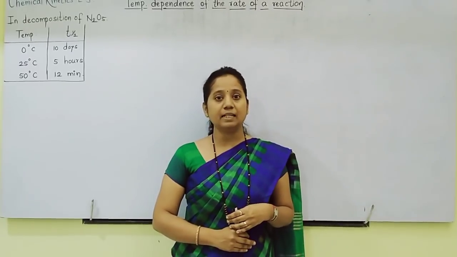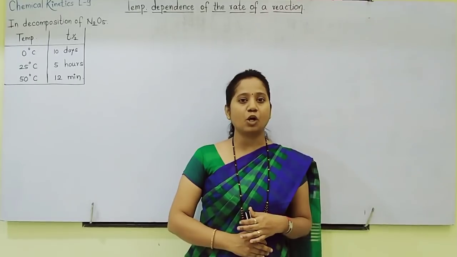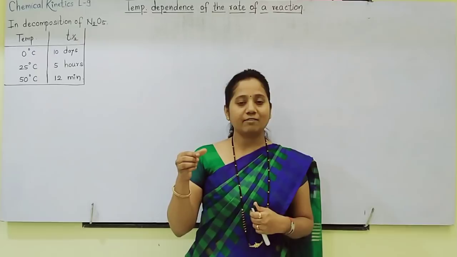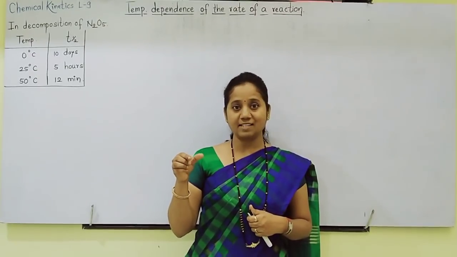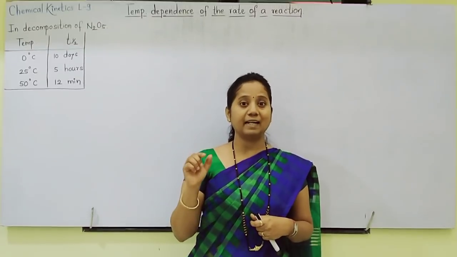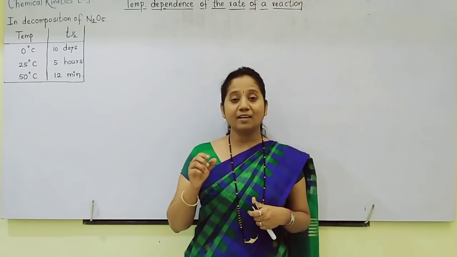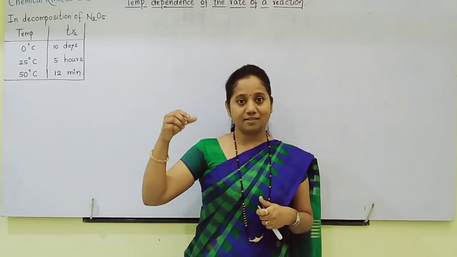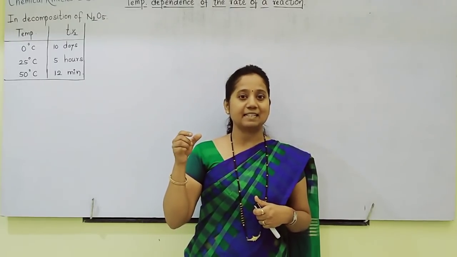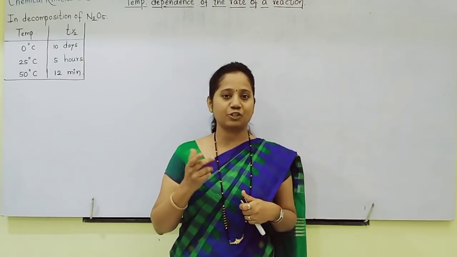What is there, see students? Chemical kinetics: permanganate versus oxalic acid. Normal titration, how to do, you know very well. But in this titration, whatever solution will be there in the conical flask, you have to heat before you titrate it against permanganate solution filled in the burette. What happens due to that? Due to heating, temperature of the reactant increases, and that's why rate of reaction, speed of reaction increases.